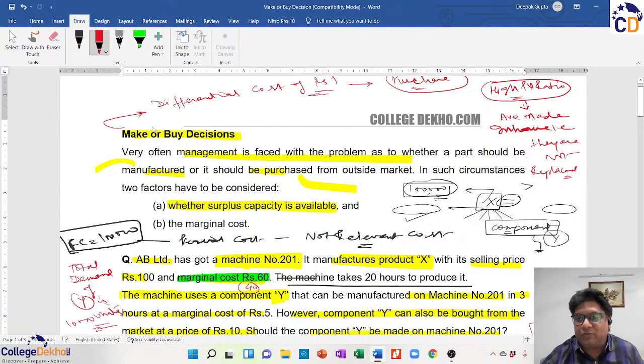कंट्रीब्यूशन कम है, जिन प्रोडक्ट्स का वेरिएबल कॉस्ट ज़्यादा है, या जिन प्रोडक्ट्स का सेलिंग प्राइस कम है तो सेलिंग प्राइस वेरिएबल कॉस्ट को डिफरेंशिएट अलग अलग ना करके जिन प्रोडक्ट्स का कंट्रीब्यूशन इन हाउस कम है ऐसे प्रोडक्ट्स को आप आउटसोर्स कर देते हो और बाहर किसी कंपनी से बनवाकर उसे परचेज कर लेते हो। और ये बात आपको नोटिस करनी पड़ेगी कि जैसे जैसे आपकी आउटपुट बढ़ती जाती है